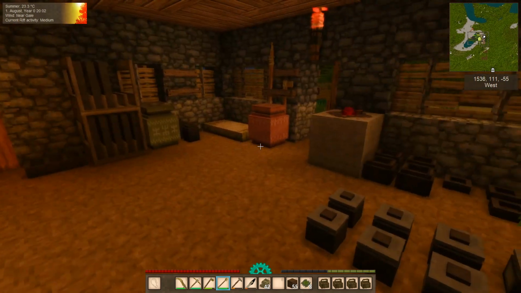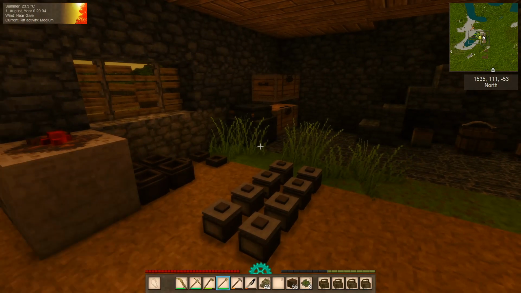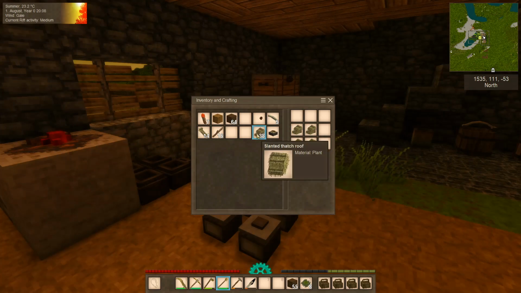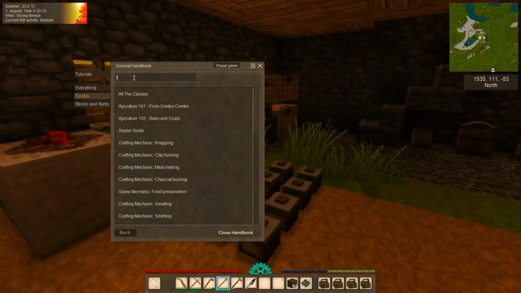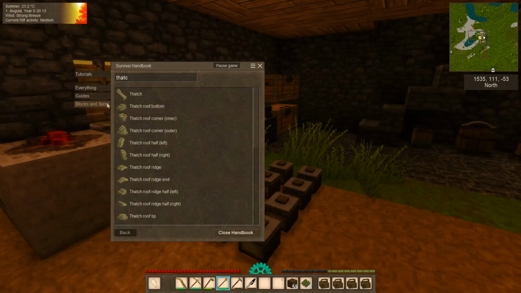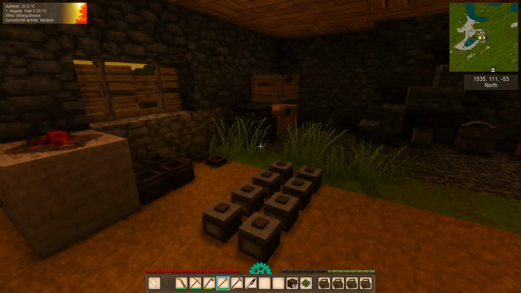Now, okay, let's look it up. Oh, I want blocks and items. Thatch roof corner inner, thatch roof corner outer. Yeah. Oh, I see. Okay. We can make them out of bundles. Oh, grassy straw. So,